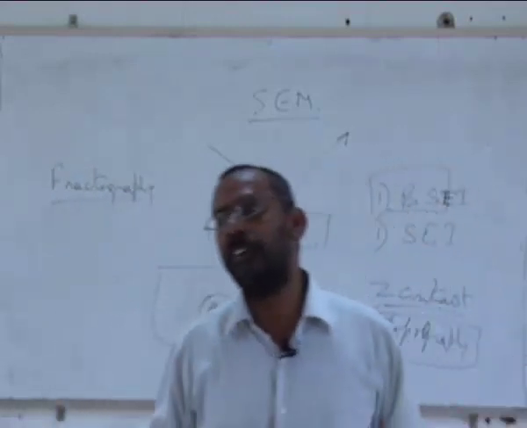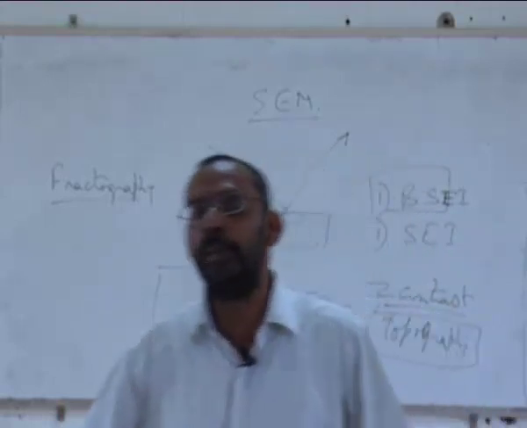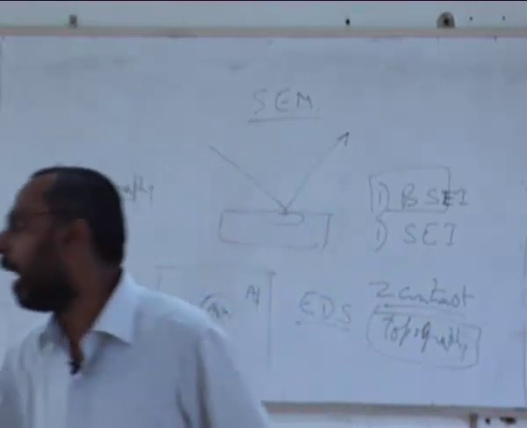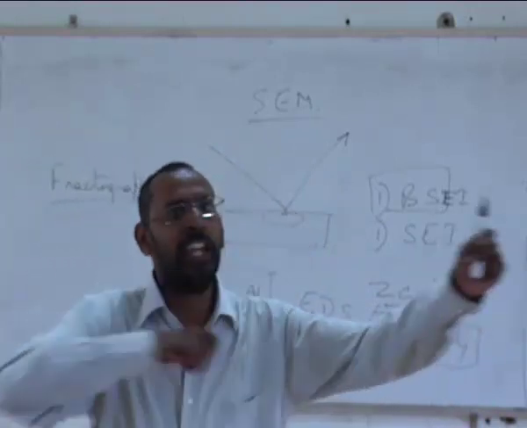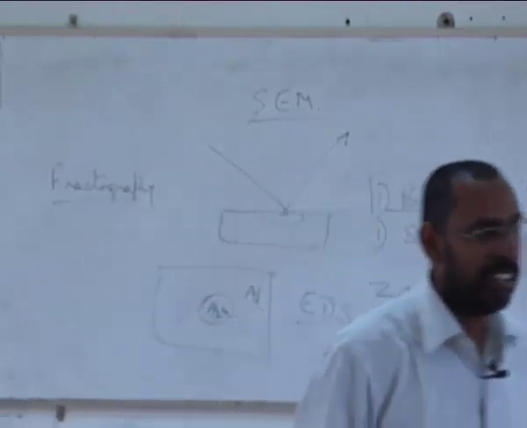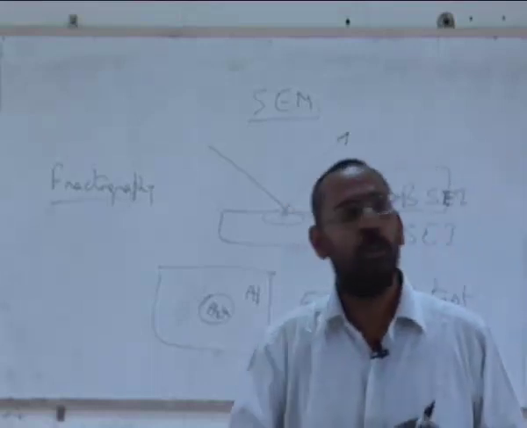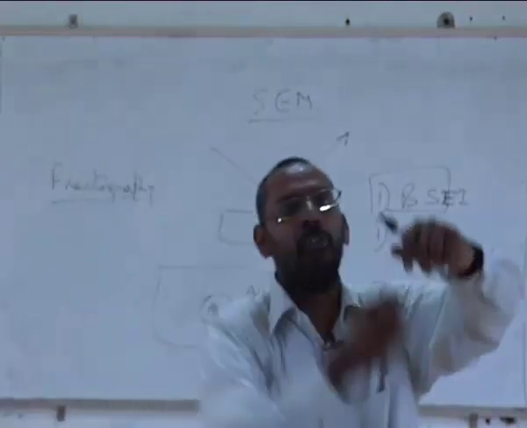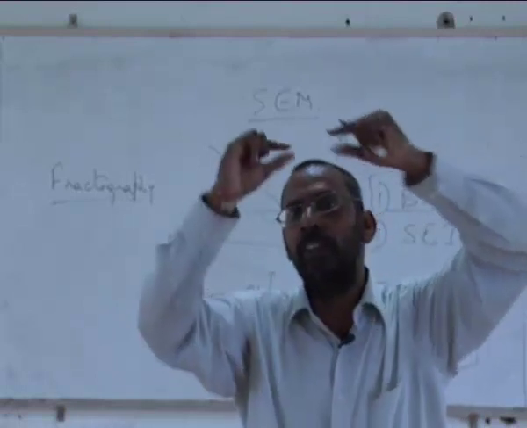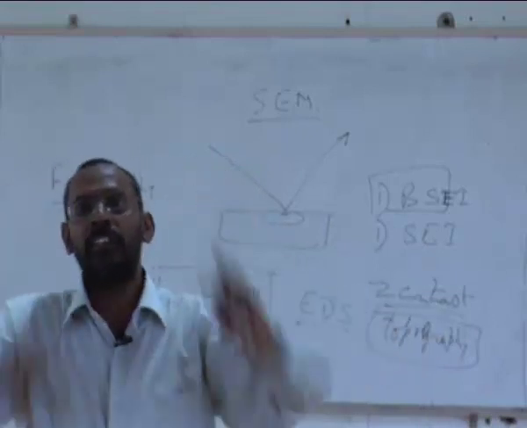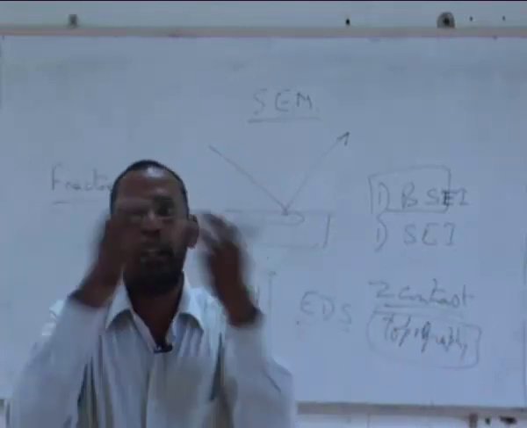There is one plus point of SEM, though I said in the beginning that there is a difficulty in the SEM that the resolution is poorer, but one advantage is I can take any broken piece. For example, I can just tear a leaf from a tree and put it into an SEM and see that. I cannot do this with a TEM because I have to polish my samples. I have to bring down the thickness to less than 100 nanometers. Only then will I be able to see, because the electron has to transmit through. If the sample is not thin enough, the electron beam will not go through. All the electron beam will get absorbed inside the material, because all the electrons inside my material will scatter it away.